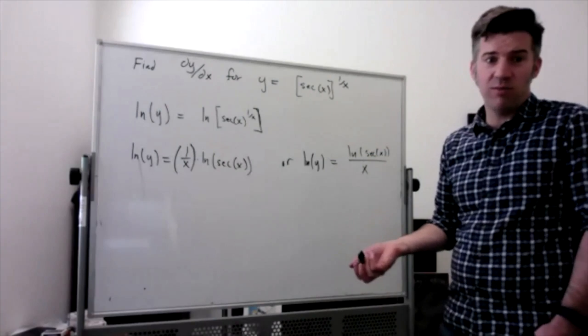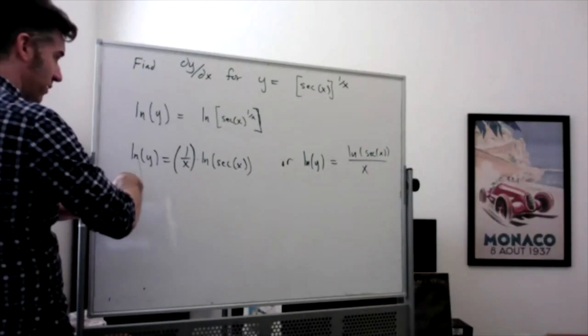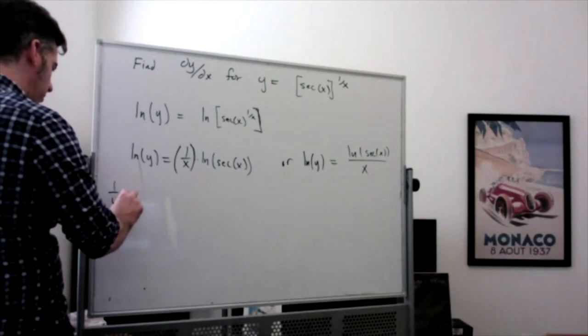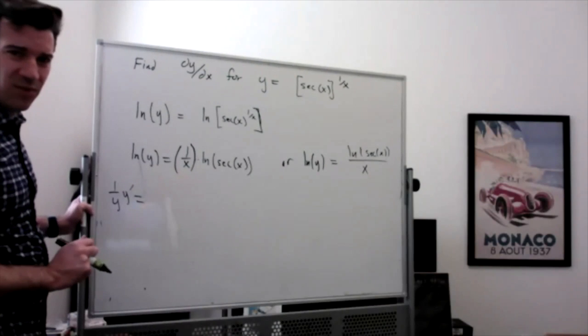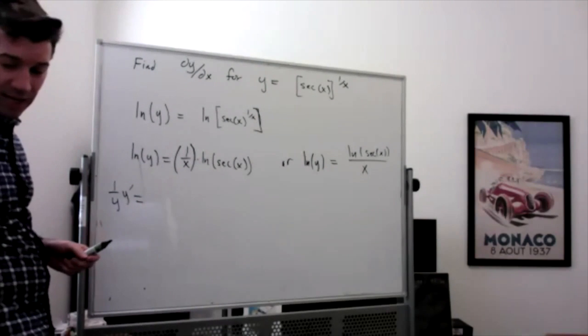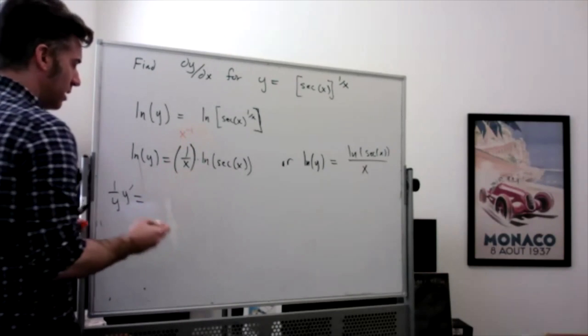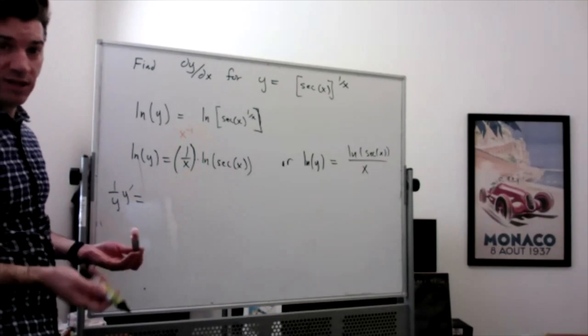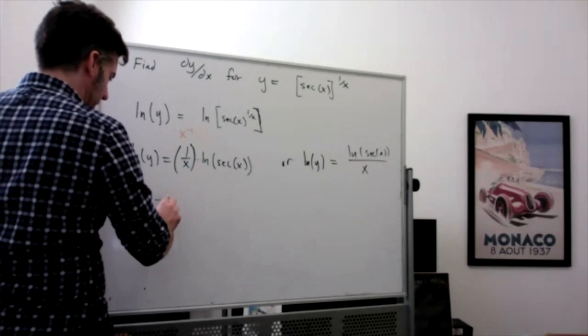I'll show both. So doing it this way, I'm going to take the derivative of the left, which is 1 over y times y prime, equals the derivative of 1 over x. I would really rather think of that as x to the minus 1. So this is x to the minus 1, and its derivative is minus 1 times x to the minus 2, or minus x to the minus 2,